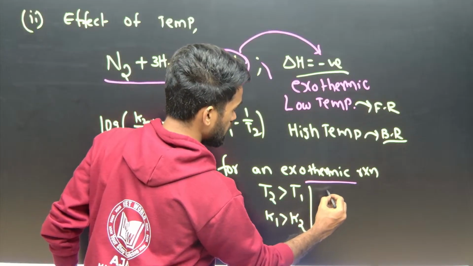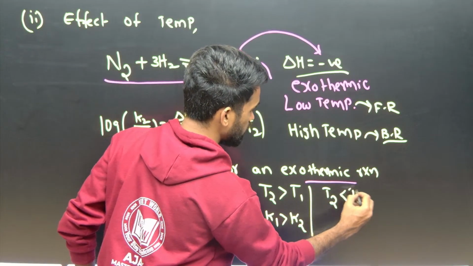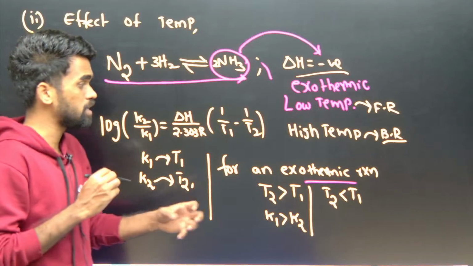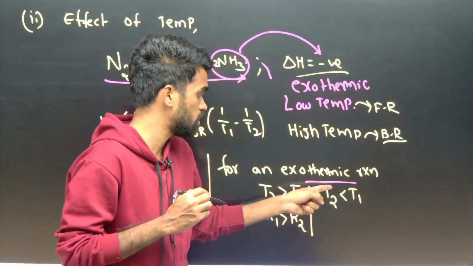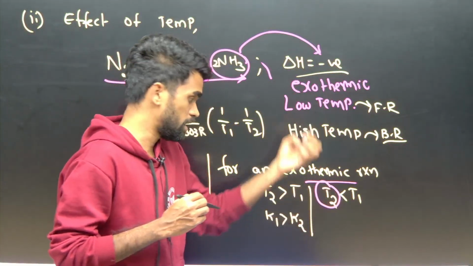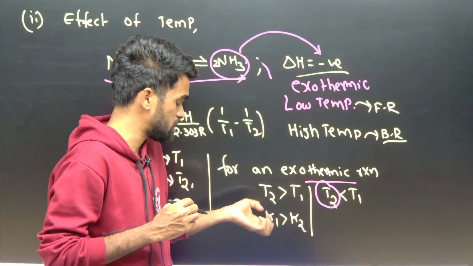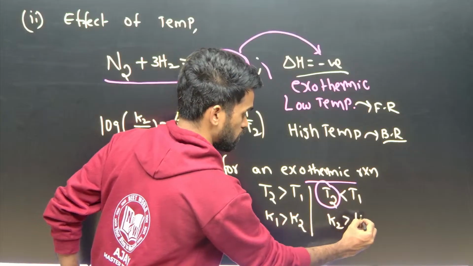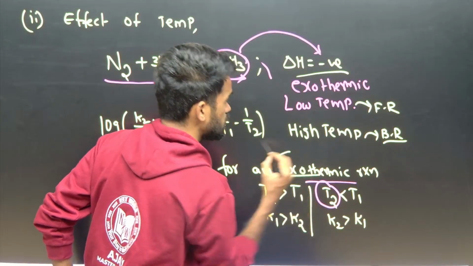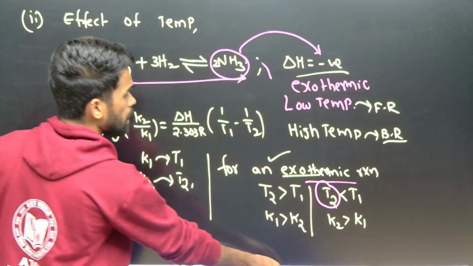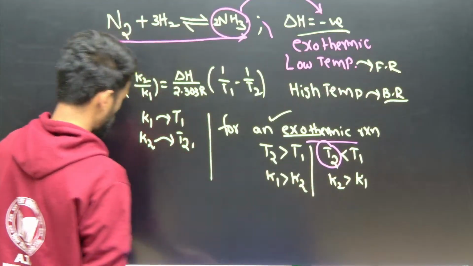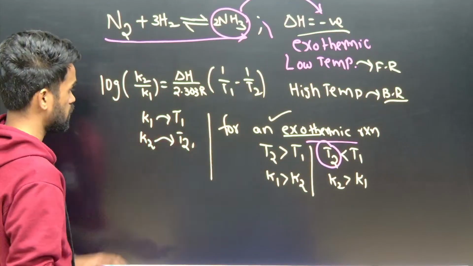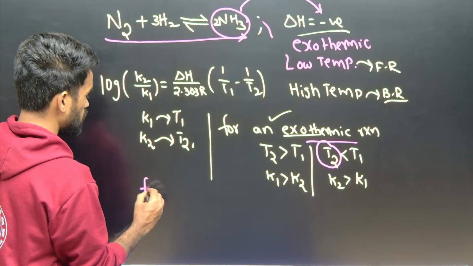Okay, and if T2 is less than T1, now T2 is less, it means for a forward exothermic reaction, the final temperature is getting decreased. If it is decreased, it means the reaction favors forward. So I can say here K2 will be greater than K1. Okay, this is in which case? It is in the exothermic case. Okay, and this is important. You can expect a question like this based on this. And the next, for an endothermic reaction,